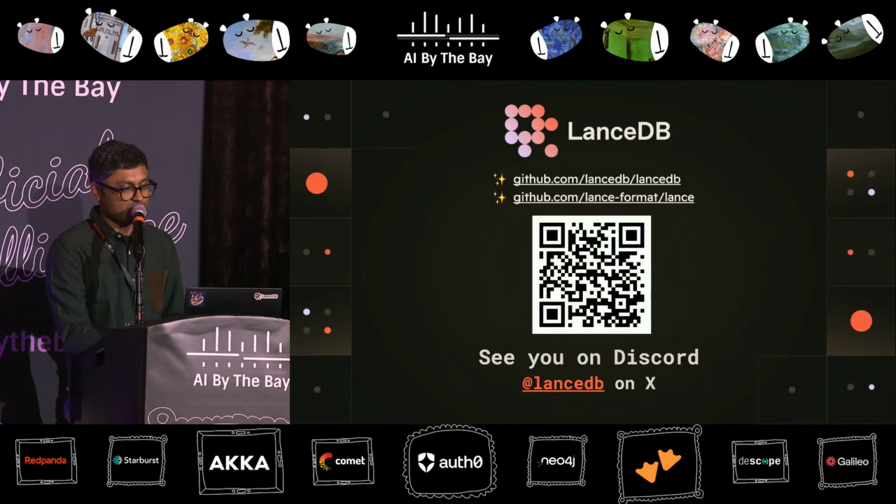We have two open source projects, LanceDB on the GitHub repo here and the Lance format. Just an exciting development today is that the Lance format was announced as an independent governance structure. So we have a separate website where the Lance format is completely open and independently maintained by a larger community of open source developers with people from many, many different companies involved. So we're excited to see how that community grows.